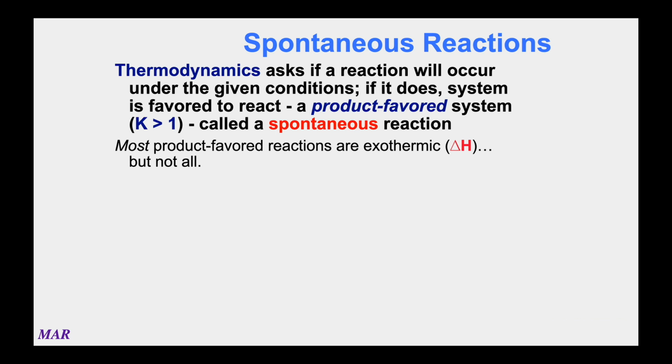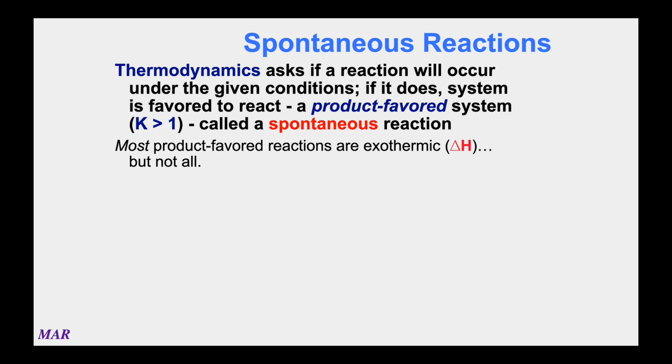Thermodynamics asks if a reaction will occur. Like if you're ever curious, you mix two chemicals together, are they going to react? All right, well, that's a great question, and that's what thermodynamics is trying to offer. If the reaction does occur, the system is considered favored to react, and that's really what a product-favored system is. So now we're talking about Chem 223 stuff. Equilibrium constants that are greater than 1 are product-favored,